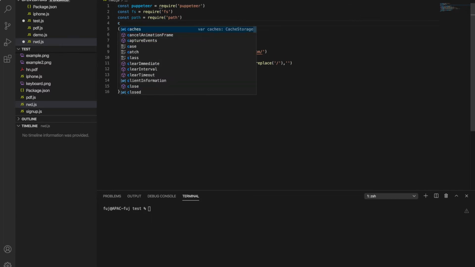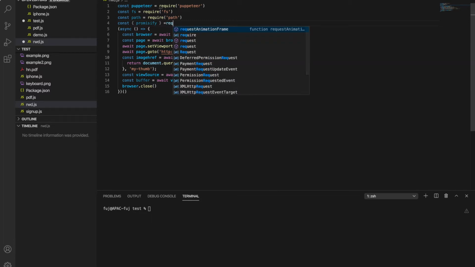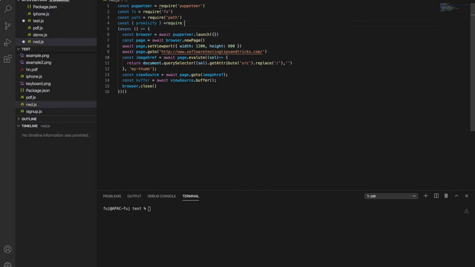And I would need promisify, so that whatever asynchronous operation I want to do will be done with promises. It will be in the util library.